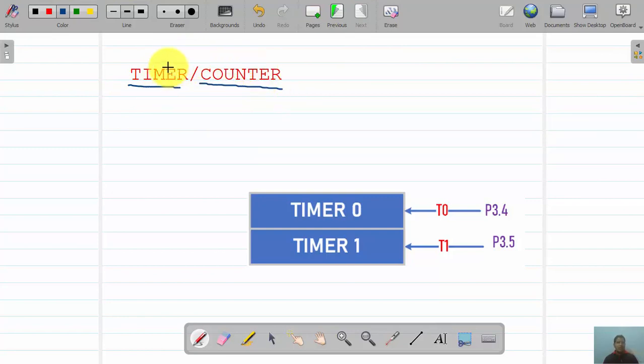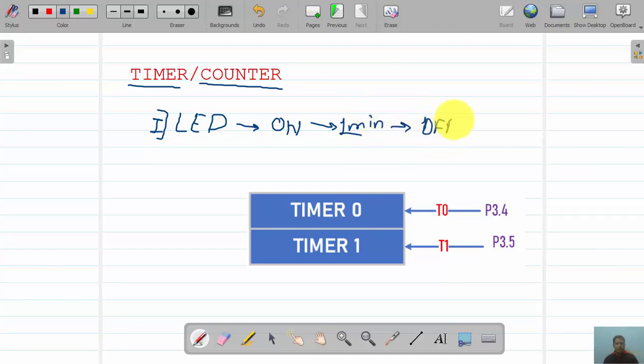So let us find out the difference between what is timer and what is counter. Consider case number 1. In this case, suppose we have one LED. I want to turn on this LED for say 1 minute, and again turn it off for 1 minute, and repeat this process continuously.